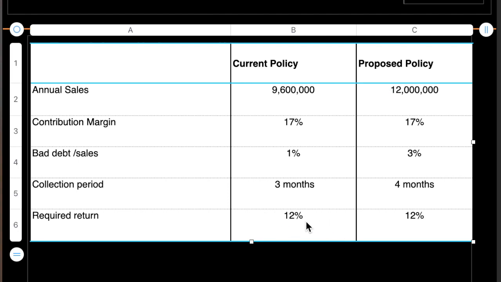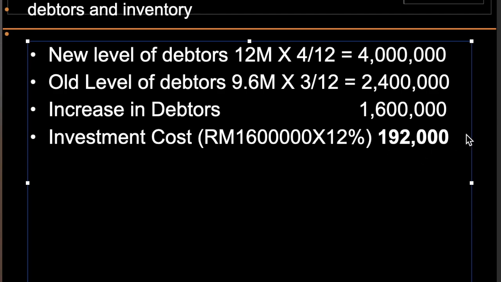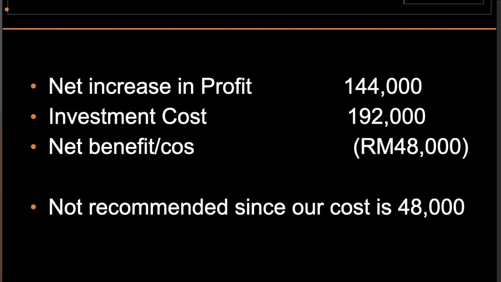Okay. The opportunity cost of this investment. Investing in additional sales, this will give us 192,000 ringgit. This is our cost. You see, we have gotten step A, step 1 and step 2. So step 3 is very easy. Step 3 is very easy. So step 3 is what? Step 1